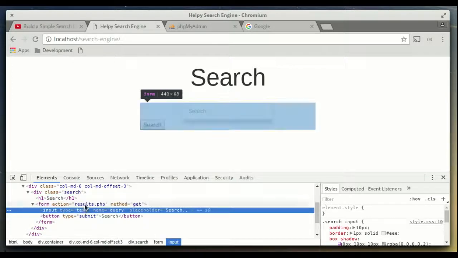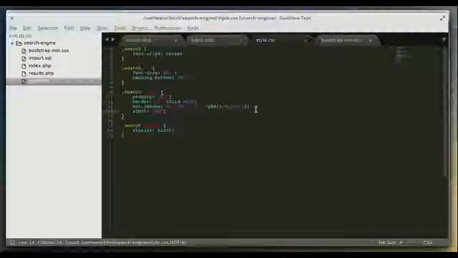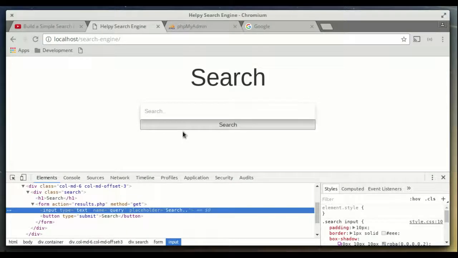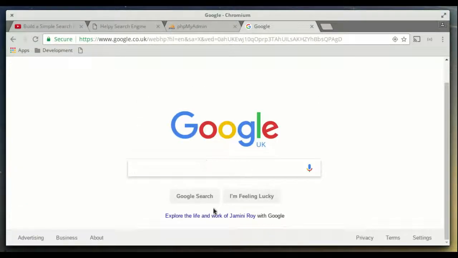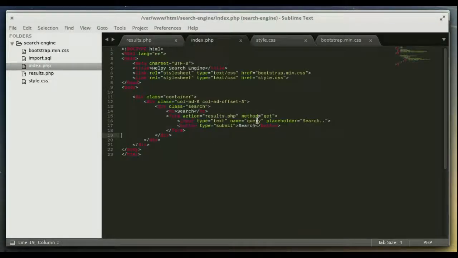So our form is the full width. If we set the input to be full width as well, because it's currently not, so it fills the area, and refresh, there we go. And our button, if we do that one as 100% width as well to fill the area, you can see it's filling the full width, but on the Google's page they've literally just got it in the center there. So what we're going to want to do here is add in a row and then div